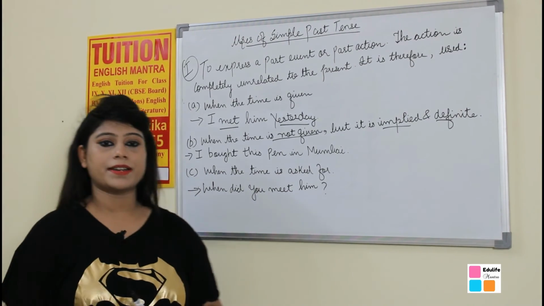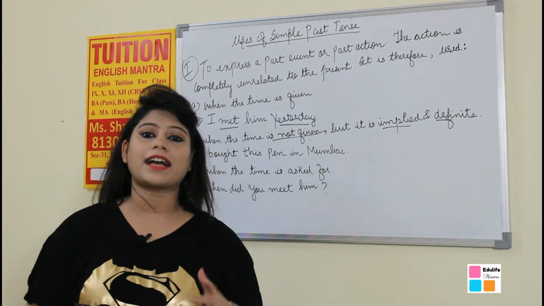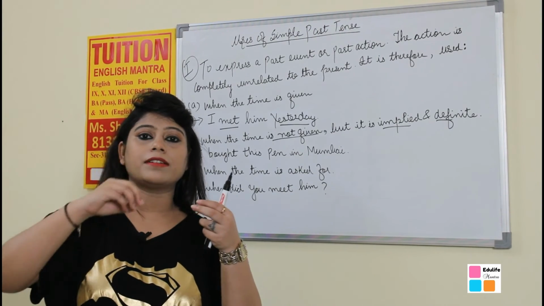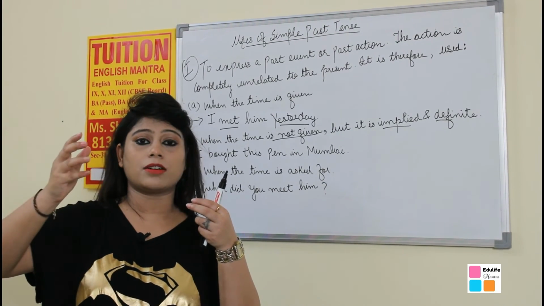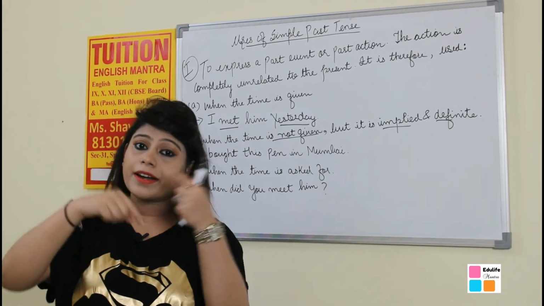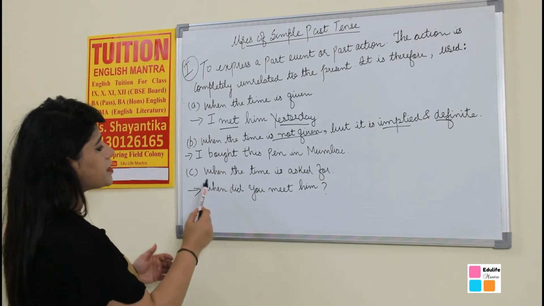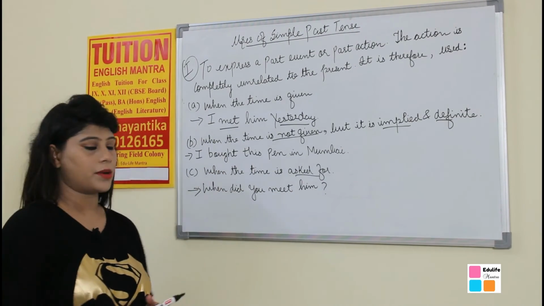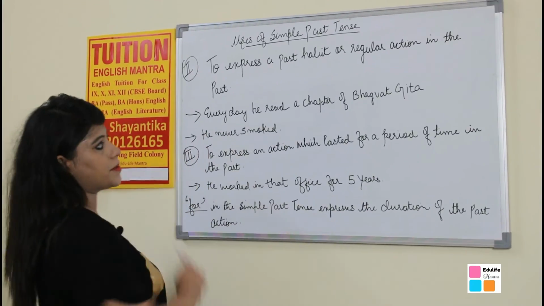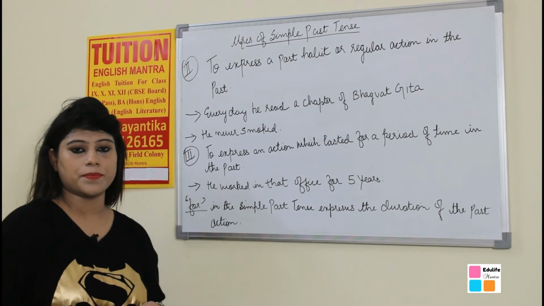Basically, you will come across these types of sentences when you are doing gap filling, editing and omission, even when you are doing active passive voice. So you just have to look at the sentences, whether the above and the below sentence are in past tense or not. For that particular sentence, the time period might not be given, so you have to identify it according to the sentence above and the sentence below. Next, when the time is asked for, that is, for interrogatives, when you ask the question, for example, when did you meet him?